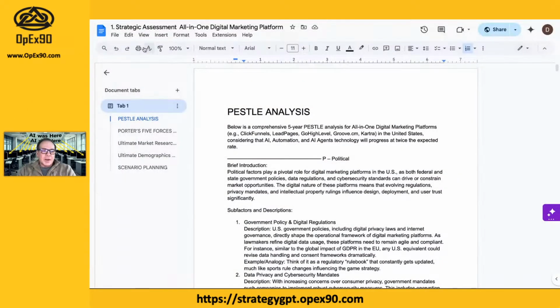And you can see here, let me just open up this side panel. This is going to just tell you some of the things we did. And then we did a scenario planning analysis. Why do we do a scenario planning analysis, right? This is the one tool that I think is critical to do, yet it's expensive. It used to be expensive. It used to be timely to do. And this is where we're taking a future look ahead of what the world looks like in X number of years or months or something like that. So that's that scenario planning.